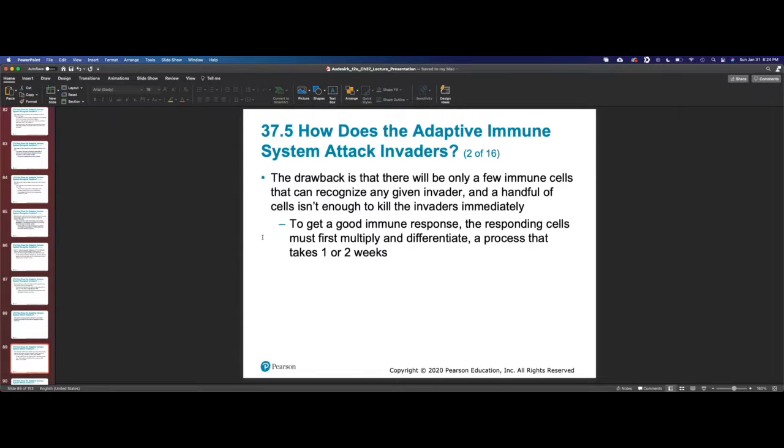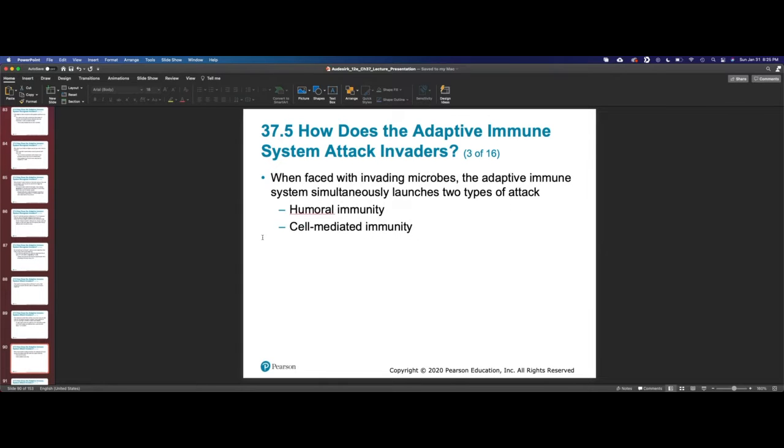So B cells and T cells are two categories of cell, as opposed to all the other kinds of parts of the immune system that we talked about, macrophages, natural killer cells, neutrophils. B and T are only a few of those kinds. Once they recognize an invader, especially the first time, they take a while to actually ramp up their response, and it can take between 1 and 2 weeks, especially that first time you see